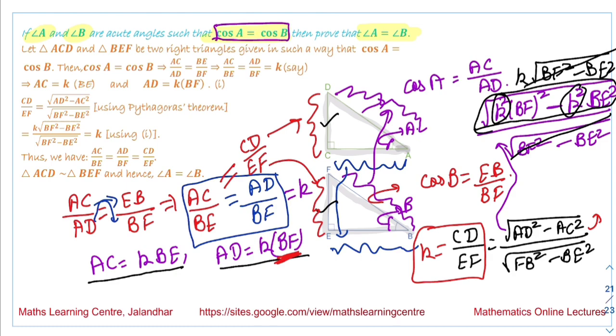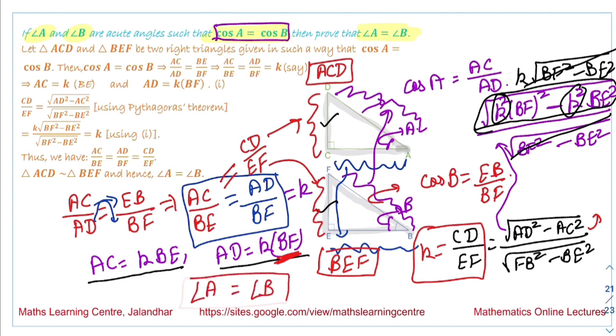So what we get is that these two triangles we are talking about, one is the triangle ACD and second is the triangle BEF. Both these triangles are similar to each other, and if these two triangles are similar to each other, it means they are equiangular. That is, angle A will be equal to angle B. That is the angle A we are saying equal to angle B, and this is what we have to